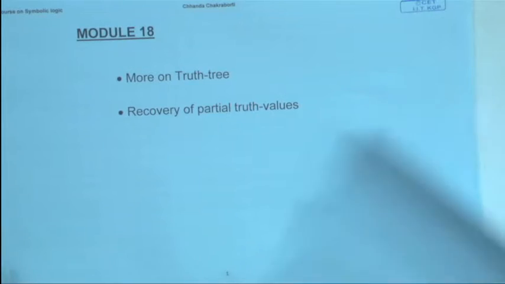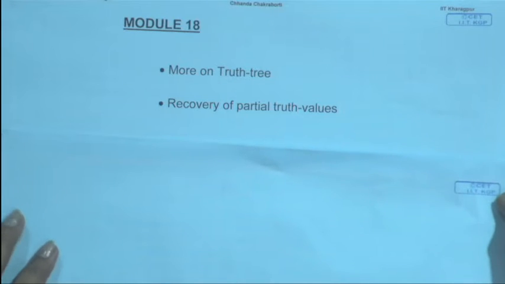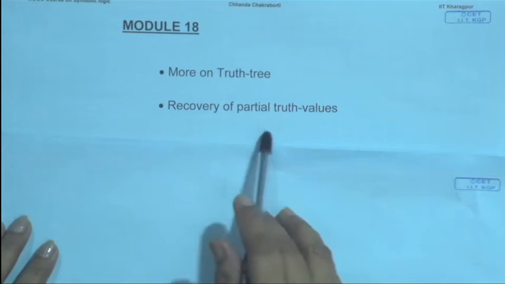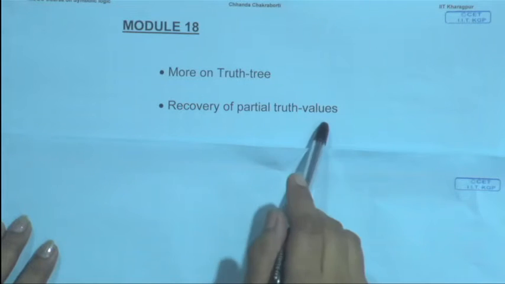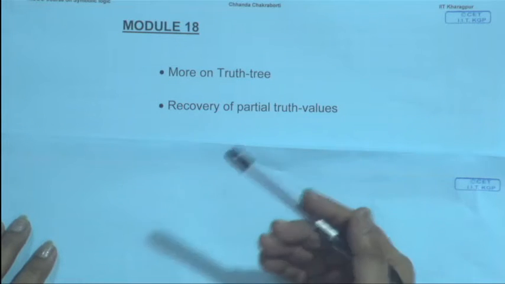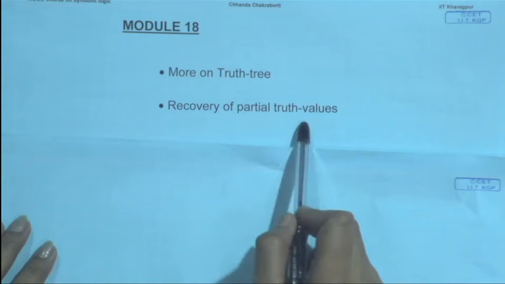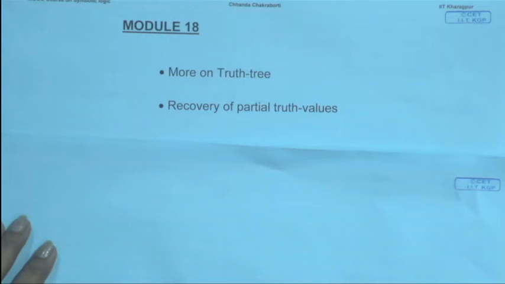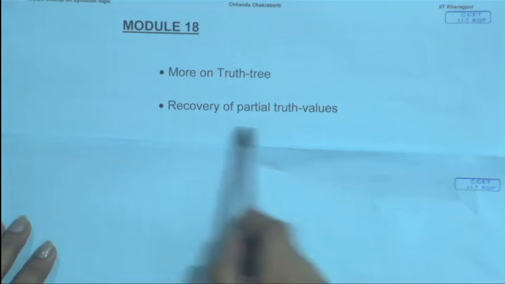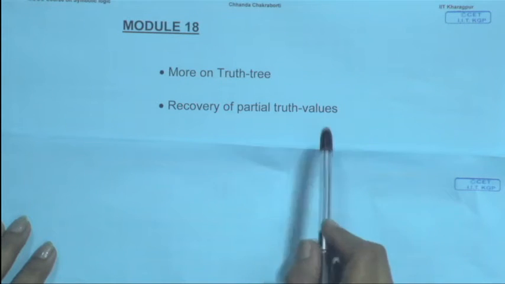This is the agenda for our module 18 today: we are going to learn more about the truth tree, how to construct it, what are the ways to do it, and then there is something else that we are going to specially look into, that is called recovery of partial truth values. This is something that we will learn how to do from the truth trees, and you will see that this is going to go a long way when we start posing to it the questions that we did to our truth tables, for example,